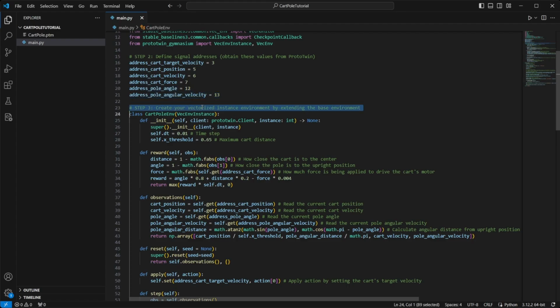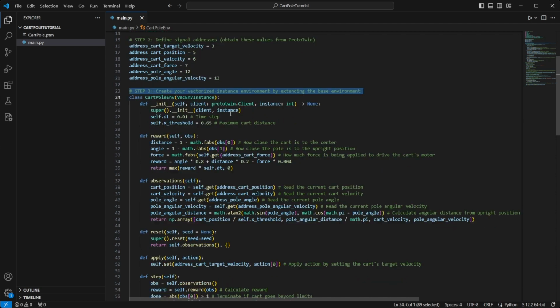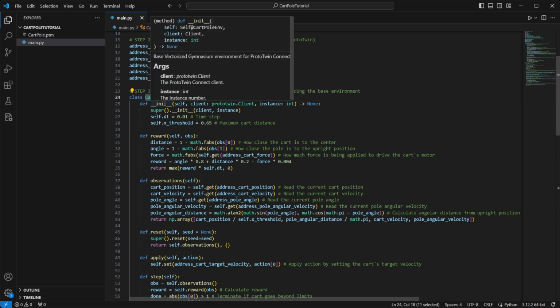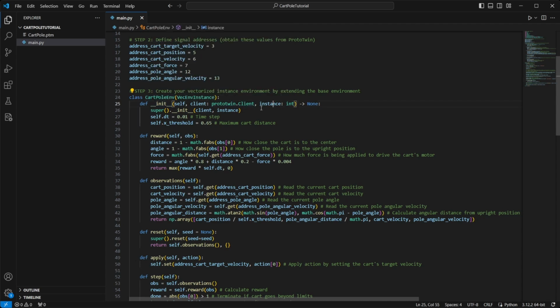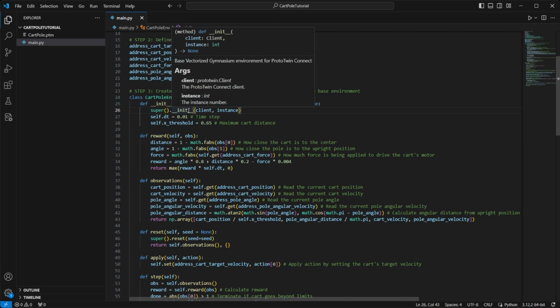Next, we want to create a class for our cart pole environment by extending the vec-env-instance class. This is our base vectorized gymnasium environment for ProtoTwin Connect. Vectorized environments allow you to train an RL agent by stacking multiple environments into a single environment. This can help achieve quicker, more robust training and more exploration by allowing multiple instances of the same environment to